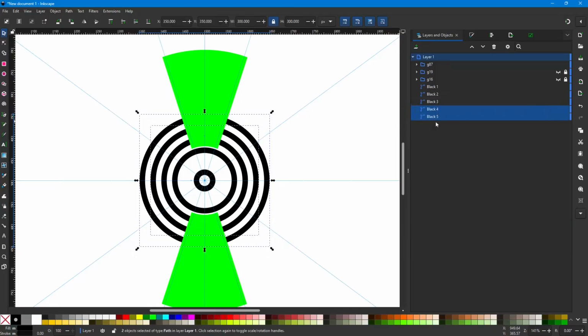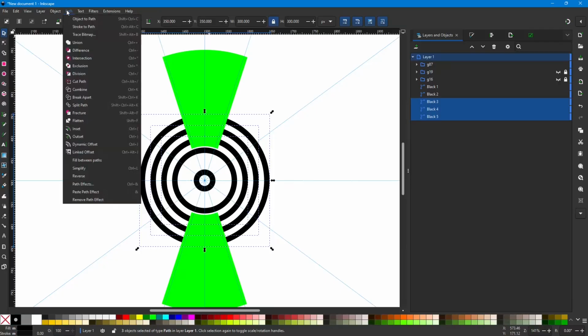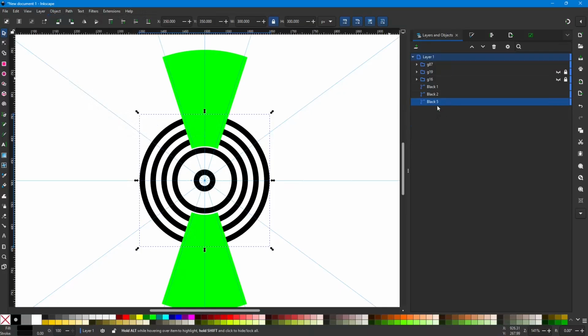So I'm going to click on black 5, hold down Control, click black 4, hold down Control, and click black 3. Then I'm going to go to the Path tool and click Union. That makes all three of those into one object. And since they're all the same object, when we do the difference on them, it's going to remove everything that's overlapping